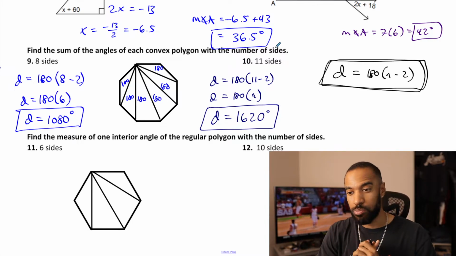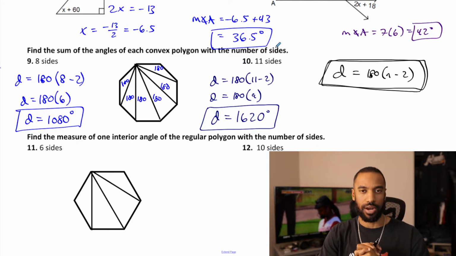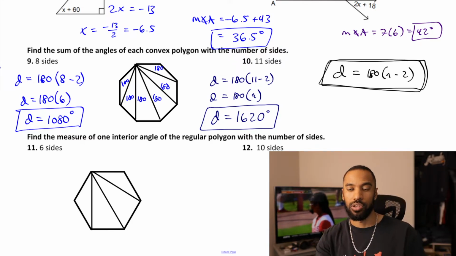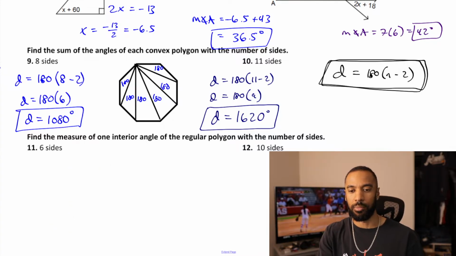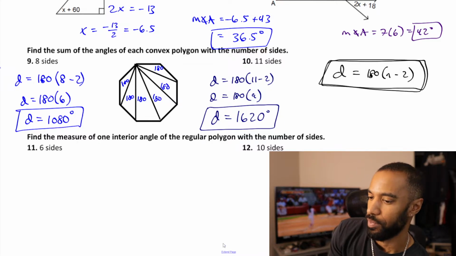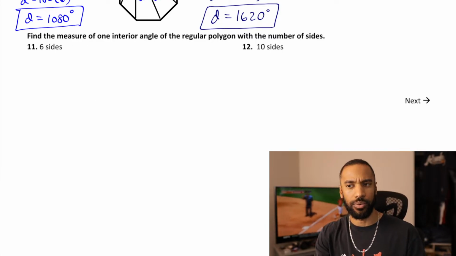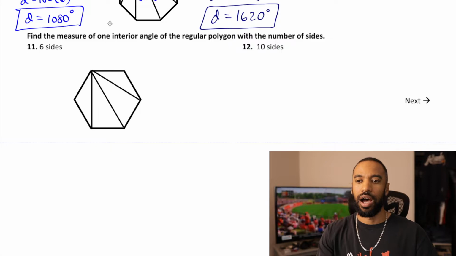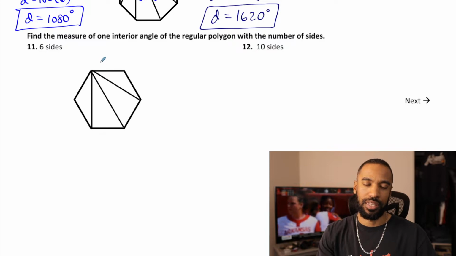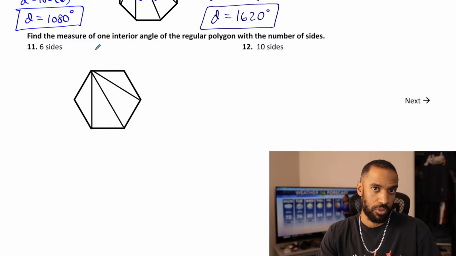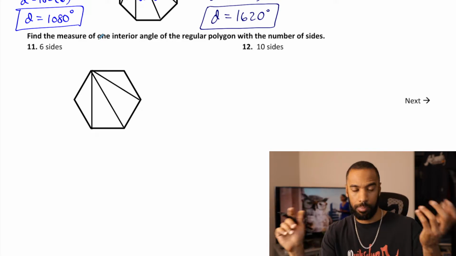And as it probably has become very prevalent, not only is it the more sides you have, the larger your interior angle sum is, but every time you add a side to your shape, you're also adding another triangle, because the number of triangles is always 2 behind the number of sides. And also going to these ones right here, if you have a regular polygon, such as what we were just referring to, I should not have deleted that. As you add sides to any regular polygon, the interior angle measures themselves also grow. You're not just growing the number of angles to add, you're also growing the actual obtuseness of those